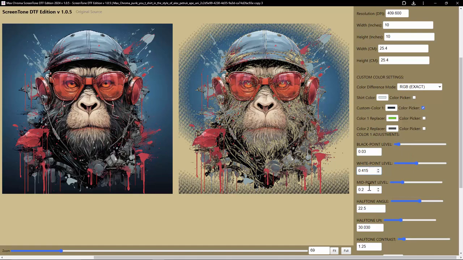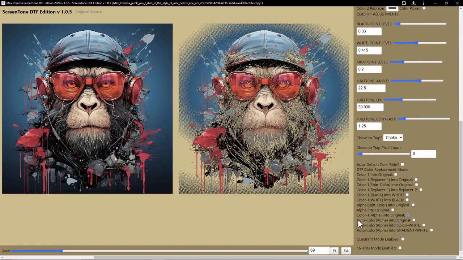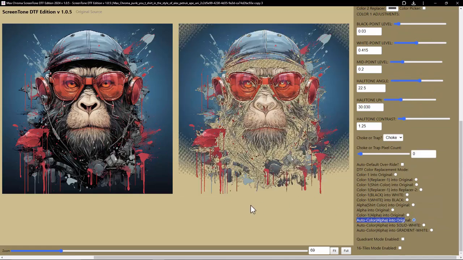With the automatic settings and the auto color, alpha into original, it's just picking from the lower corner again. So it's not always going to work. I just want you guys to know this isn't like magic, okay? It's not always going to do it. You can do some of this stuff in other programs, but for the most